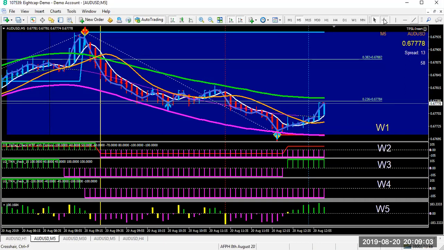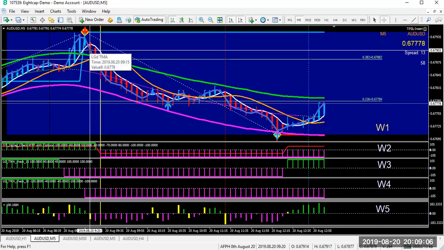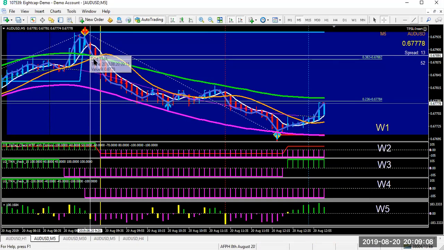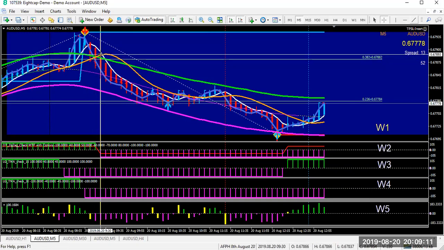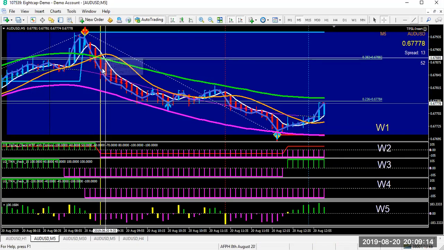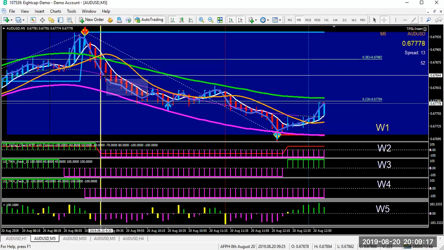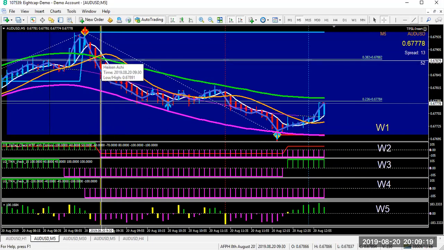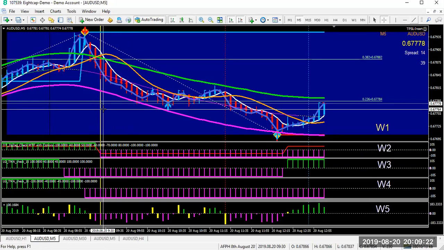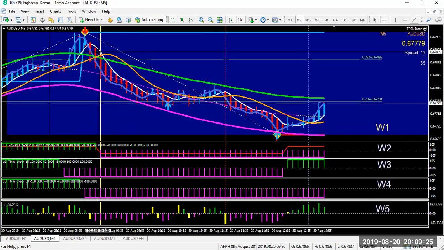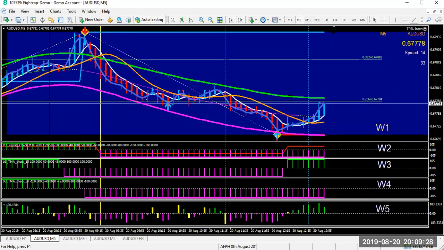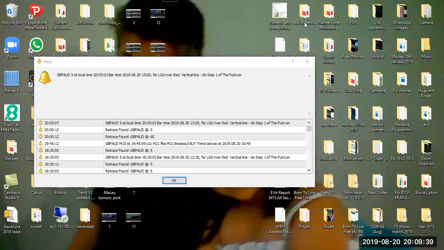Okay, and you can see over here, there's where the blue crosses below the white, blue crosses below the orange, and they're all above the pink center line. They're in the sell zone. Yeah. So, and this is how the multi-chart can alert us very early on in the piece that we're in a position very soon to be